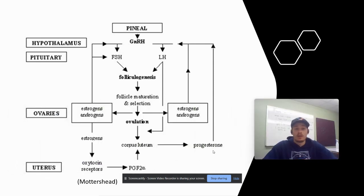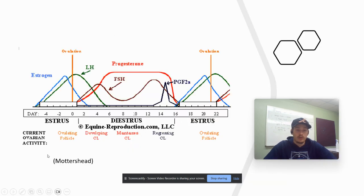Essentially, progesterone goes through and inhibits FSH and supports the production of LH, or follicle stimulating hormone and luteinizing hormone. This chart here, so when I say that we use progesterone to inhibit the onset of estrus, estrogen and progesterone are constantly trying to be in equilibrium with each other. Estrogen's linked with estrus or heat when the mare is in a bad mood, and progesterone is linked with diestrus or pregnancy. And so essentially, when